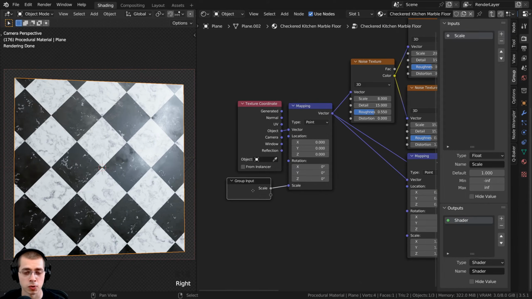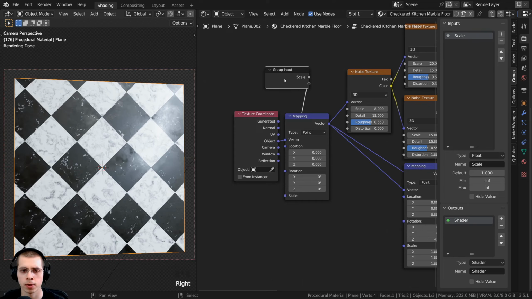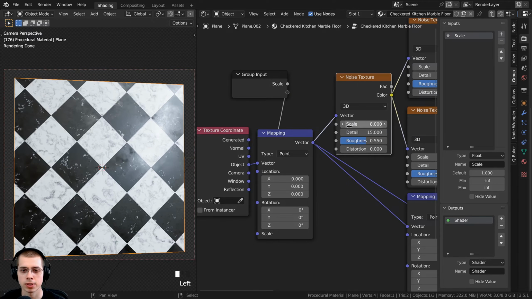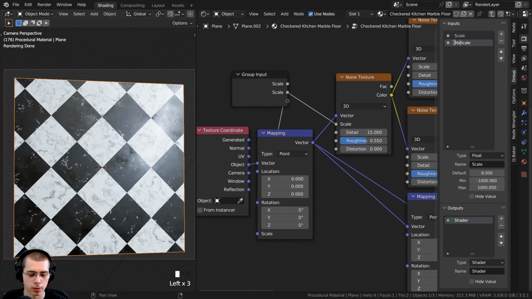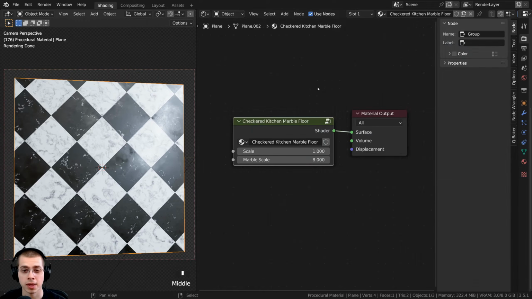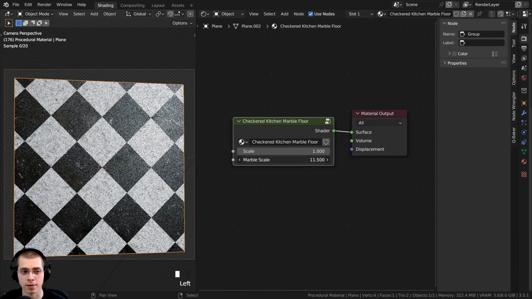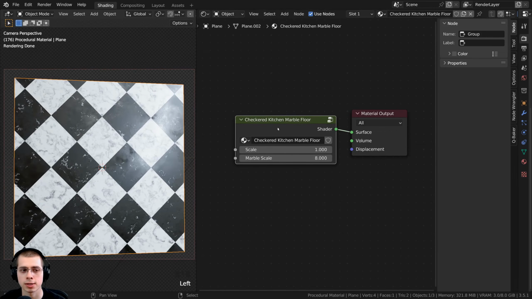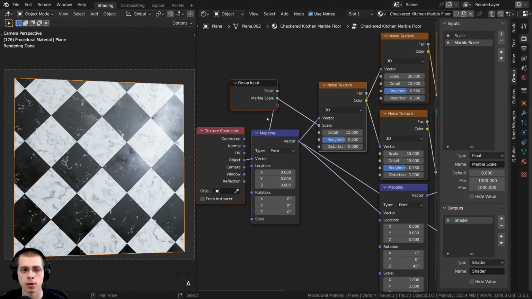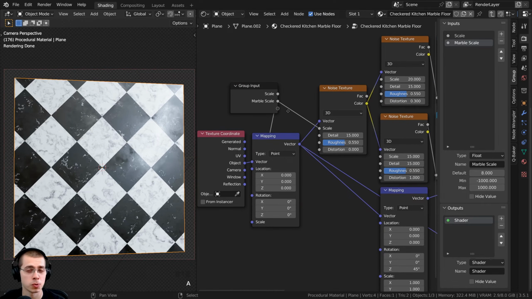So I now want to be able to control the marble scale, so I'll drag the group input right up here, and we can take this noise texture scale, let's put that into the group input, and then I can click on this to rename it, and I'm going to rename this to marble scale. So then outside of the node group you can see we have this marble scale, and that'll just change the size of the marble. So let's go back into the node group, and I also want to add 2 detail